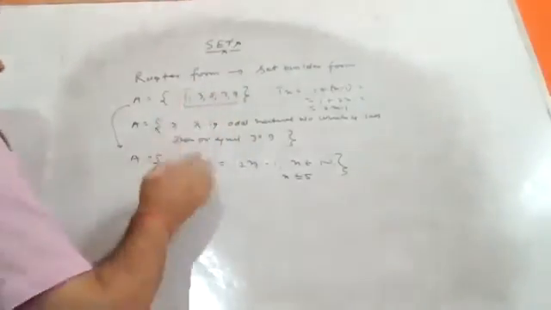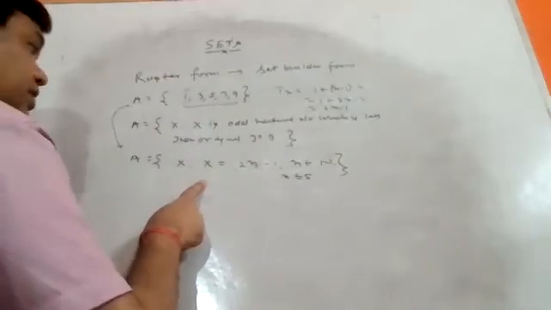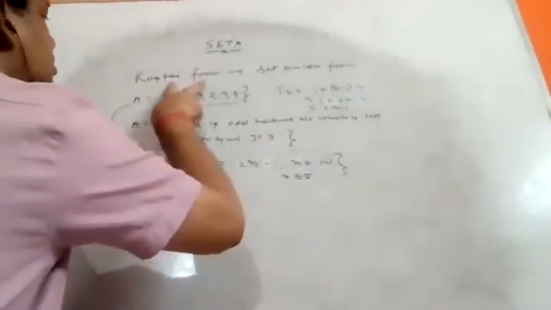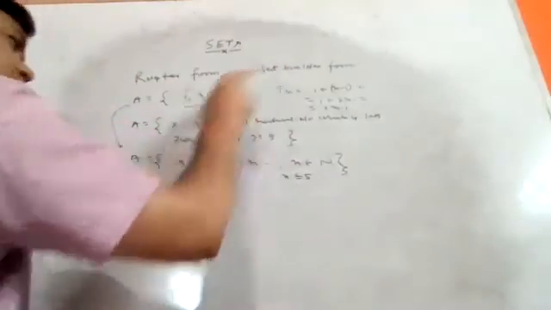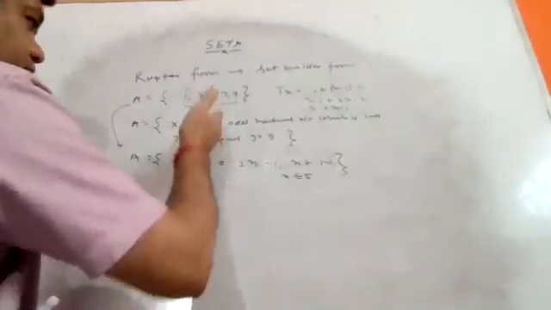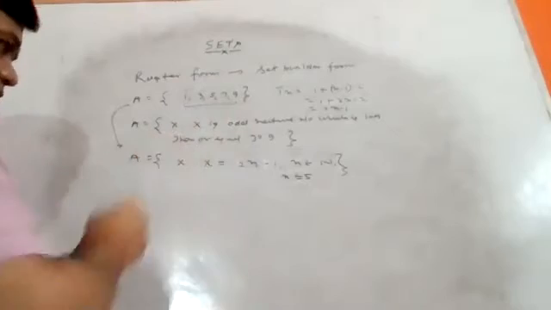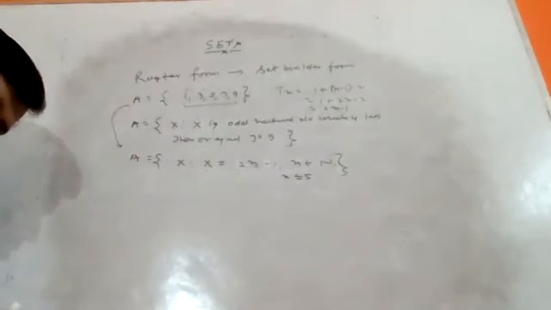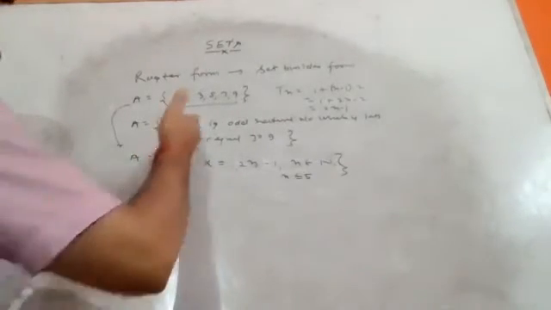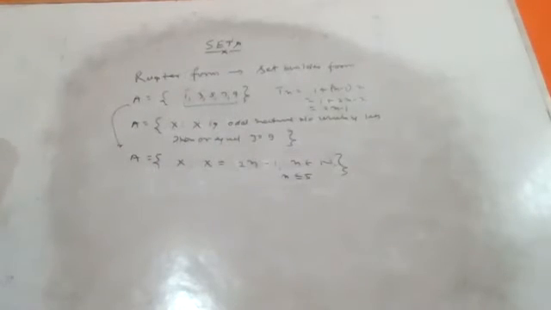Both methods are right. Either you express it in this method or this method whenever you are asked to convert roster form into set builder form. These are the two methods. Whatever you adopt, this one or this one, both are correct. This is your statement method, expression method, and this one is your formula developing method, right? It depends upon you, whatever you take. So our question is what? The conversion of roster form into the set builder form.